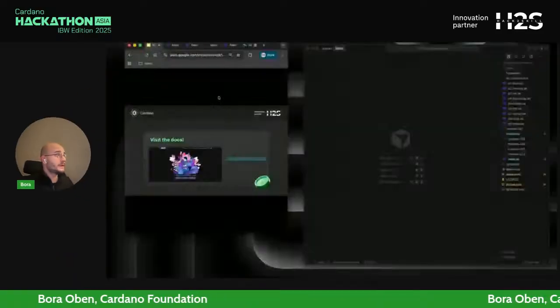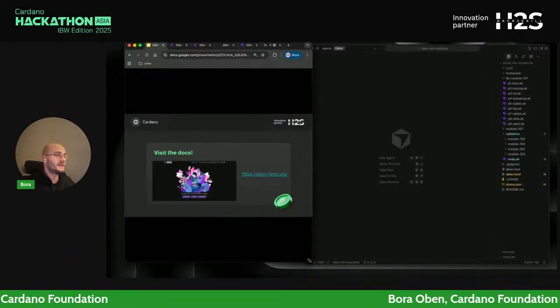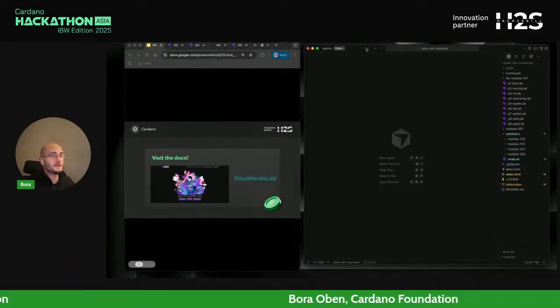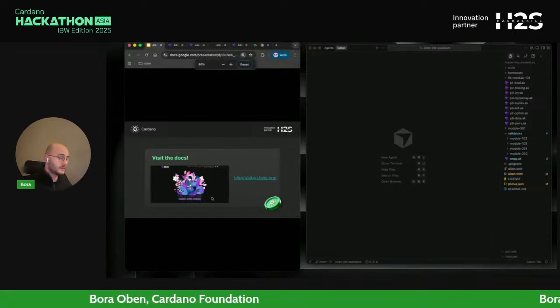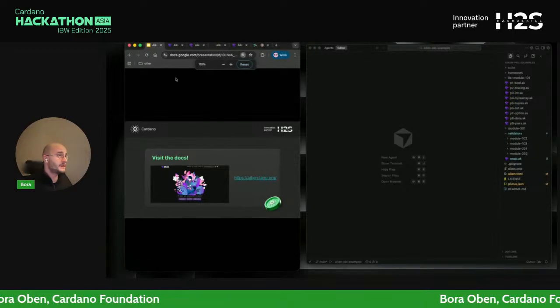So here you should be able to follow the presentation itself, and you will see my code editor on the side. I hope that's okay. I can zoom into this a bit if this makes any difference. It doesn't.